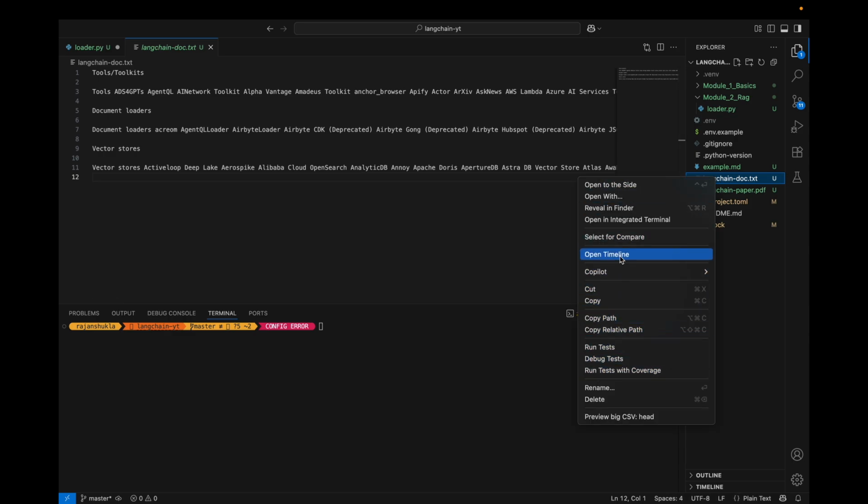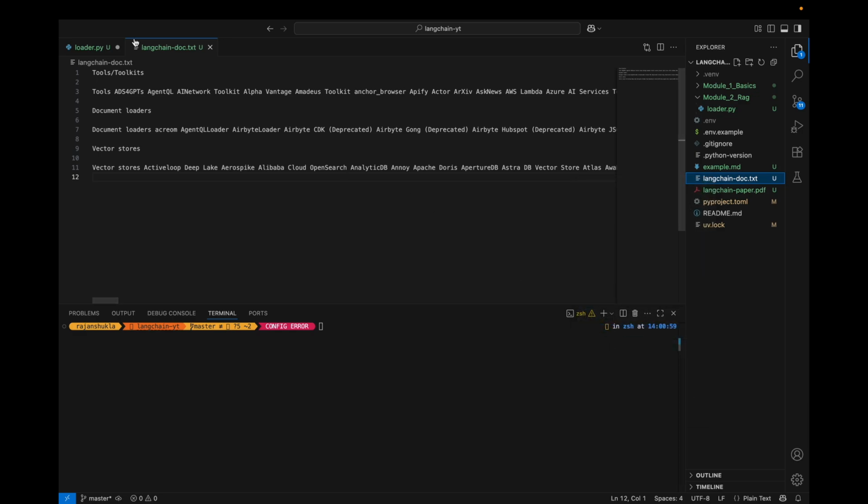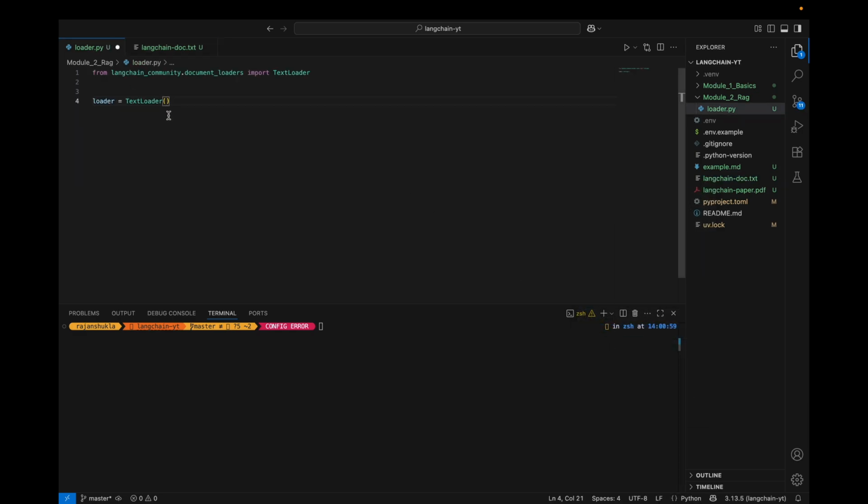Let's get the relative path of it, and we have to specify the encoding as UTF-8, and then that's how you do loader.load,